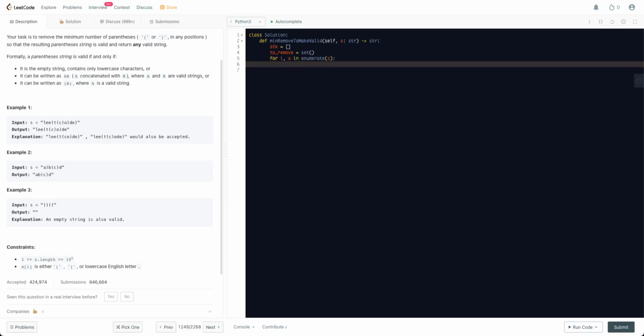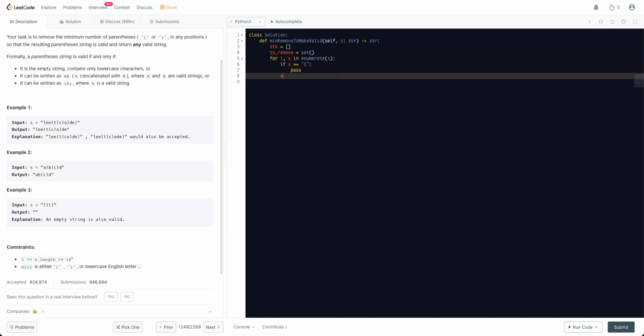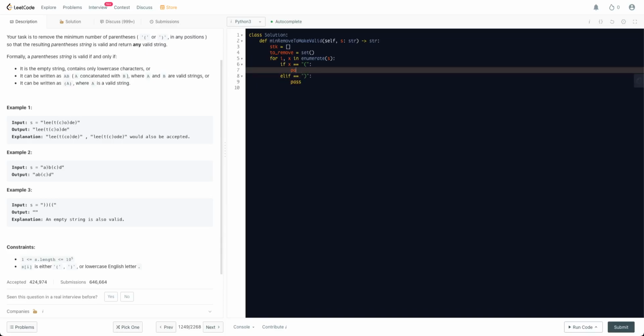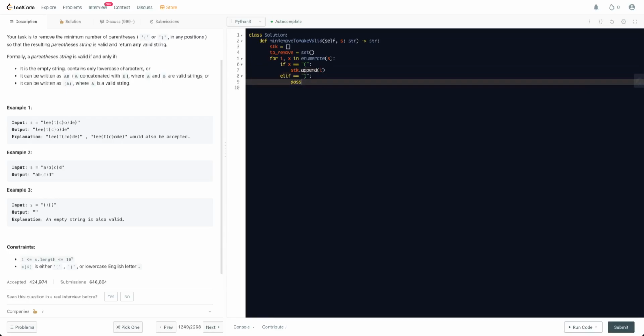And then we have to check for a few different cases. So the first case is that we have an opening parenthesis, and the second case is if we have a closing parenthesis. And if we have a lowercase English letter, so the else case here, we'll just ignore it. Now, if we have an opening parenthesis, we can just append the index for that character to our stack. And if we have a closing parenthesis, we have a few things we have to check. First, if the length of the stack